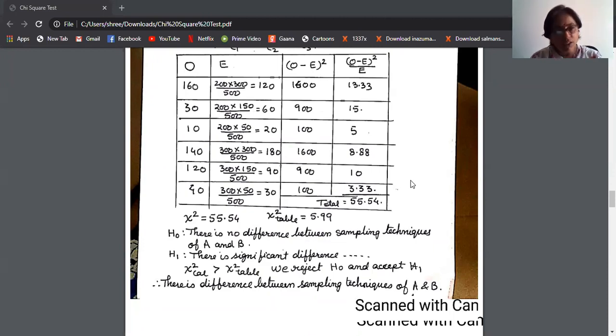Yes, Bhavika, your doubt. Actually, we have to write H0 and H1 in the beginning of the sum because the question is there. So in the next example, I have written it down in the beginning. This is because first I wanted you to know how to calculate chi-square. So now once we have understood how to find chi-square, now I will tell you the exact format of the answer, how it has to be there. And in the exams also, the table value will be given, so you don't have to bother about that.